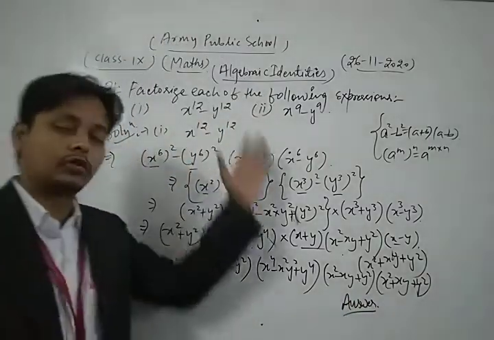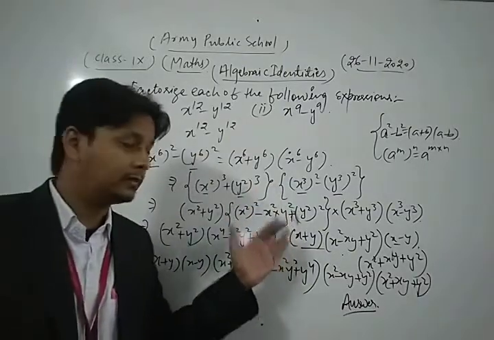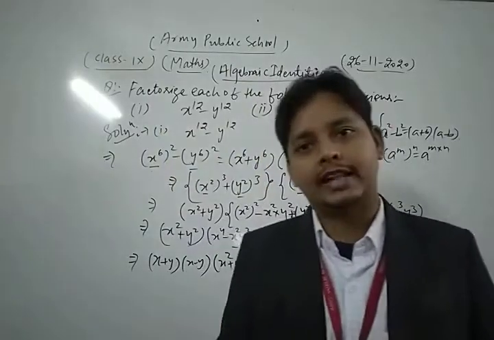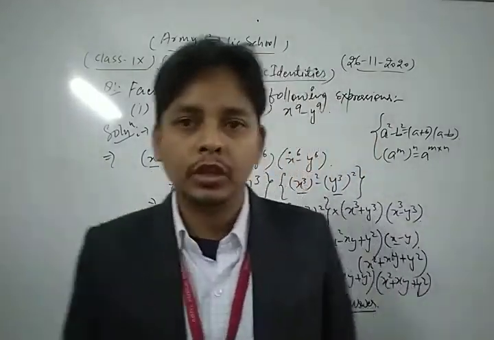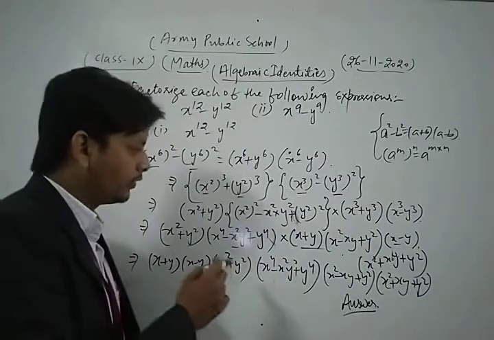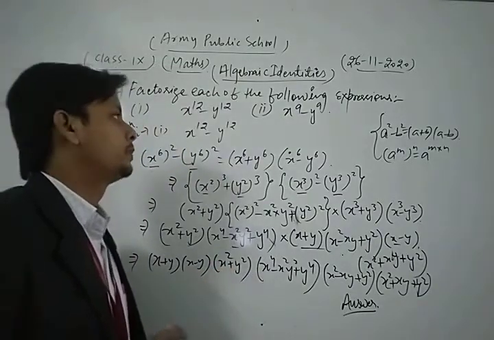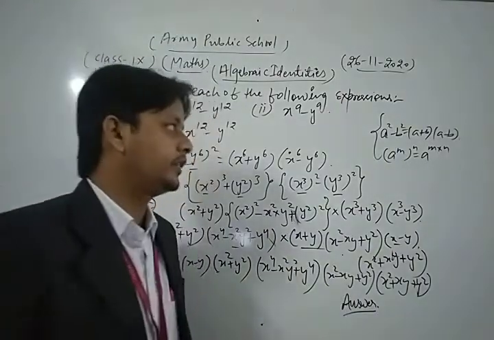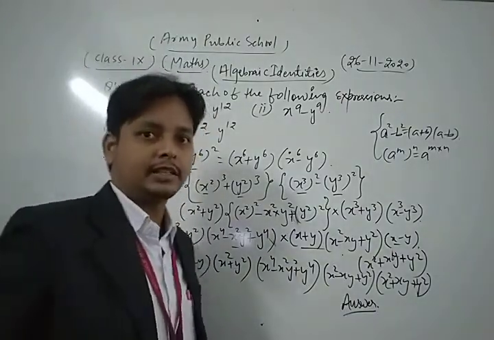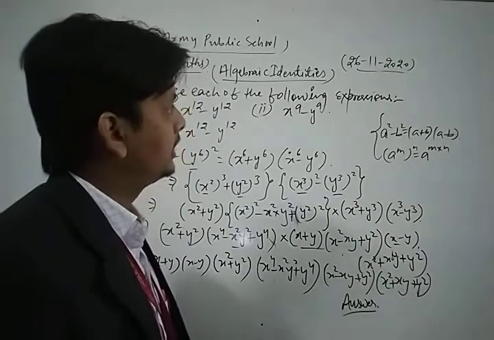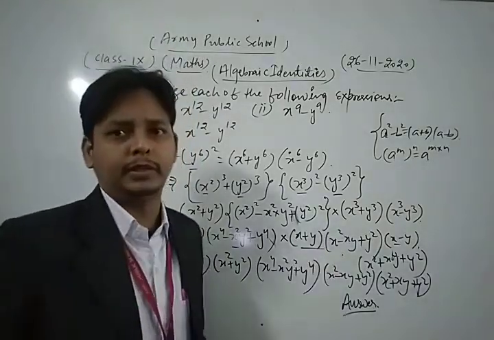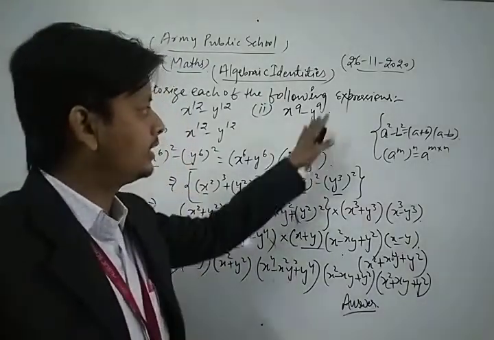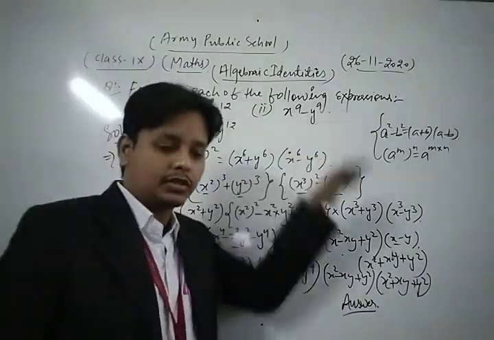Now we have factorized the given question based on the algebraic identities. So this is the use of algebraic identity. This is very important for you. So in this way, dear friends, first of all you do more and more practice of that type of questions. After that you can solve each and every question of your NCERT exercise based on the topic algebraic identities or factorization based on algebraic identities. Now similarly, dear friends, we take and solve the second part of this question. Let's see.